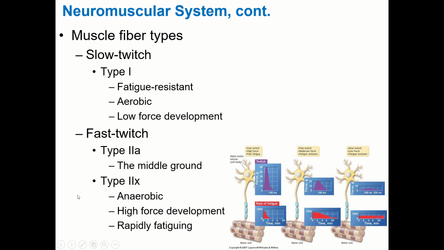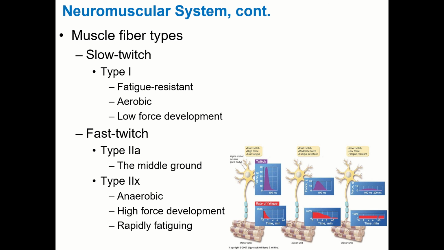On the other end of things, our type 2Xs are anaerobic, so they produce their energy using ATP and phosphocreatine, and then the glycolytic system, so they're going to break down sugar, not in the presence of oxygen. And that's going to generate lactate or lactic acid. They generate a lot of force really quickly, but because they're anaerobic, they fatigue really fast. They're going to run through their stored ATP molecules pretty quickly. They're not going to deplete them, but they're going to decrease their supply fairly quickly, and then they will deplete their phosphocreatine stores